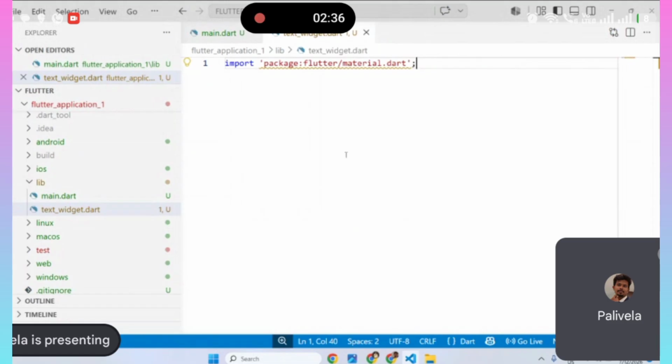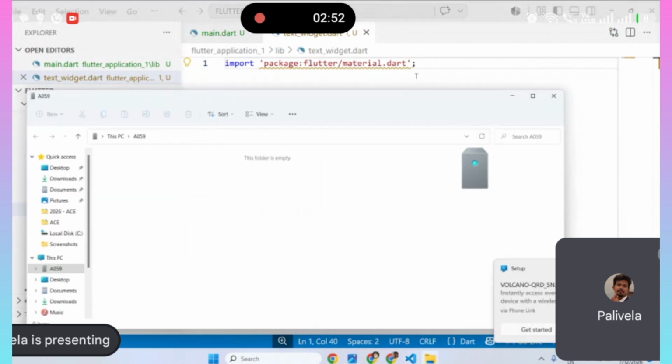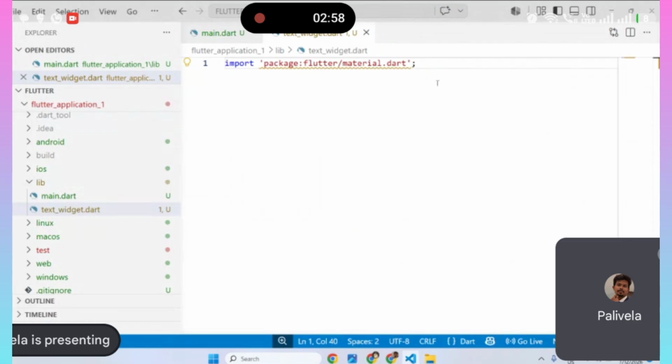Clear? Now it means we are importing the material design library,